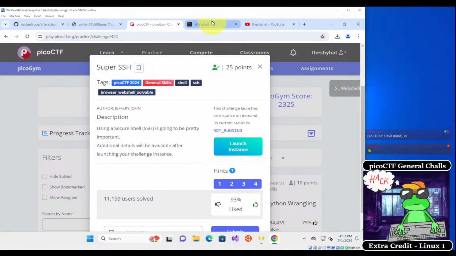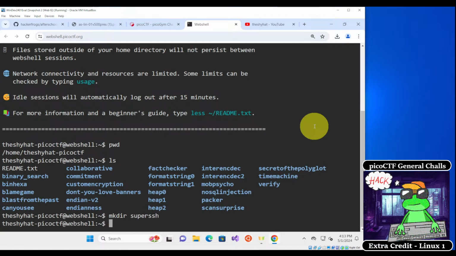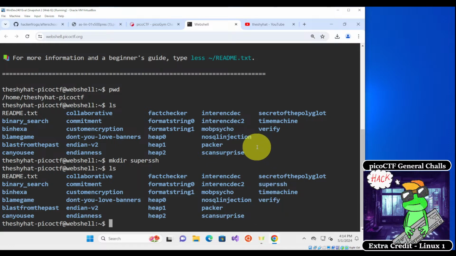So inside of the web shell, let's create a directory called Super SSH. You can do that with the following command: mkdir for make directory, and then the name of the directory that you want to make. So I'm going to make a directory called Super SSH. After that's done, if you type ls, you will see the directory called Super SSH. To enter the directory, do cd space Super SSH,